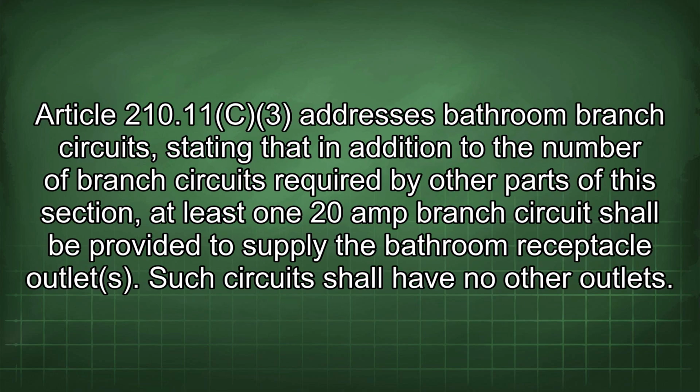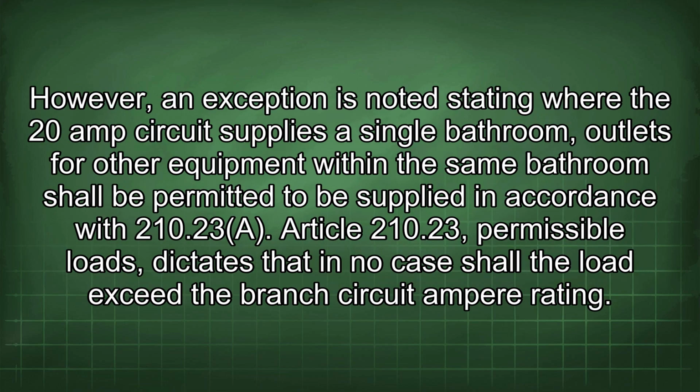Article 210.11(C)(3) addresses bathroom branch circuits, stating that in addition to the number of branch circuits required by other parts of this section, at least one 20-amp branch circuit shall be provided to supply the bathroom receptacle outlets. Such circuit shall have no other outlets. However, an exception is noted stating where the 20-amp circuit supplies a single bathroom, outlets for other equipment within the same bathroom shall be permitted to be supplied in accordance with